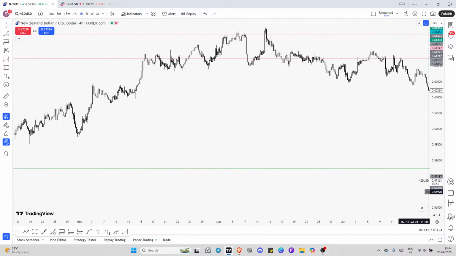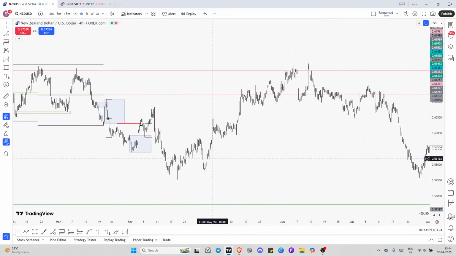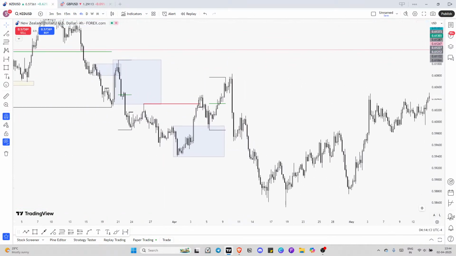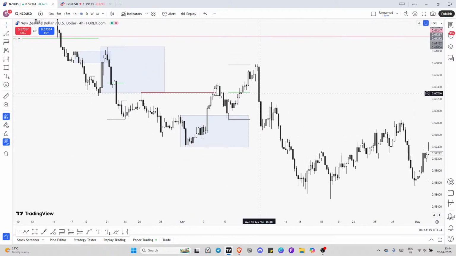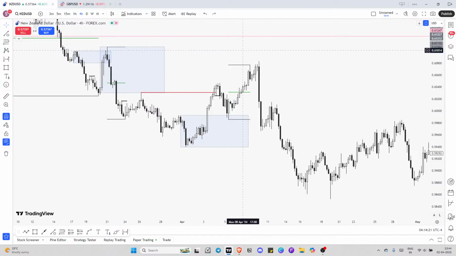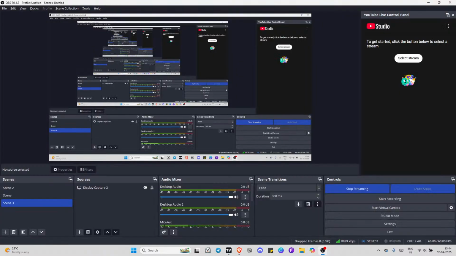Hopefully you understand what inducement is, right? Next, we will go to the POIs or the order blocks and see how we could frame an order flow using the POIs, which support the price or push the price towards the order flow, right? Yeah, that's it. Trading